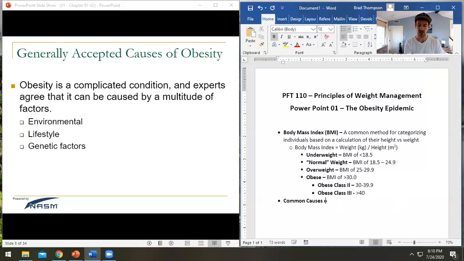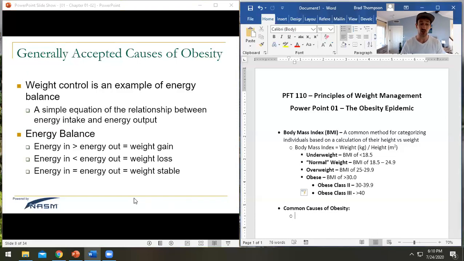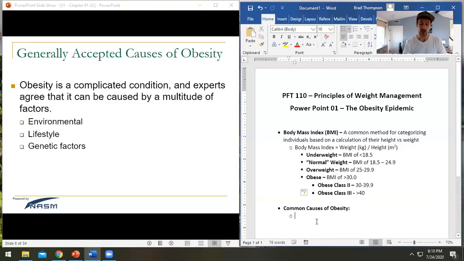Common causes of obesity, right? We are definitely going to see things that are environmental, certain things that are lifestyle oriented, and certain genetic factors, right? So environmental is huge, right? Depending on where you grew up is absolutely a huge one, right? Environmental factors. And sedentary lifestyle. Yeah, right? Like where you grew up, what you were exposed to,